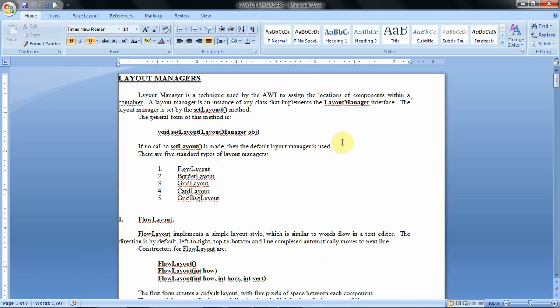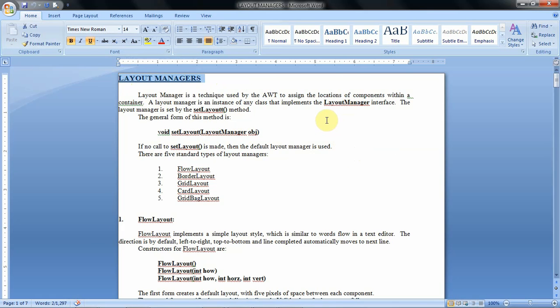Simply, layout manager is the manager that arranges the components and the containers like applet and frame in some way. So for that purpose we use layout managers.